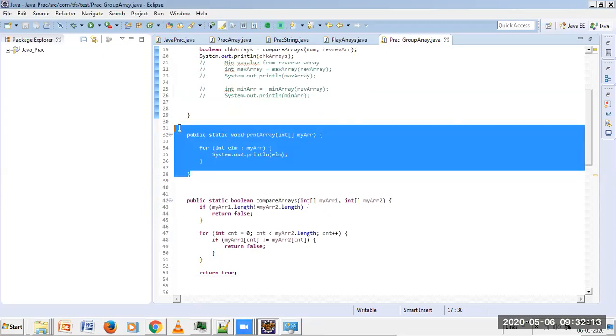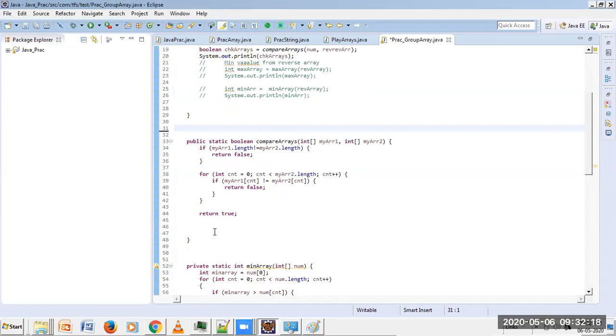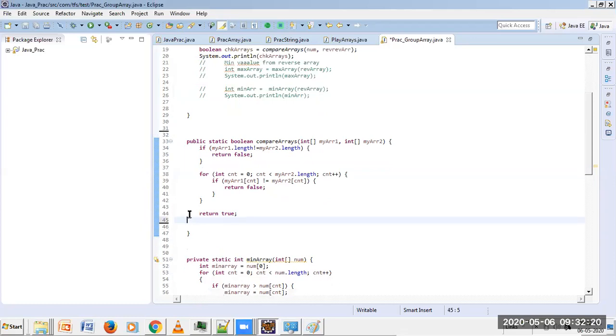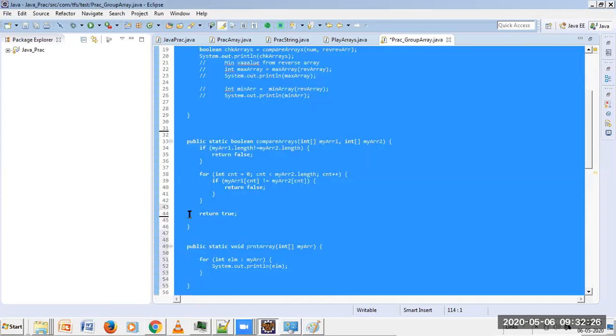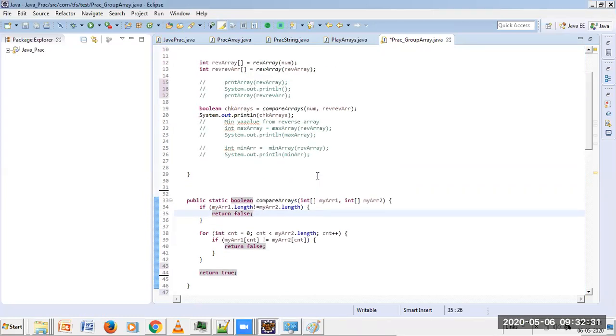So here's the function, as you can see. Hope you're clear.